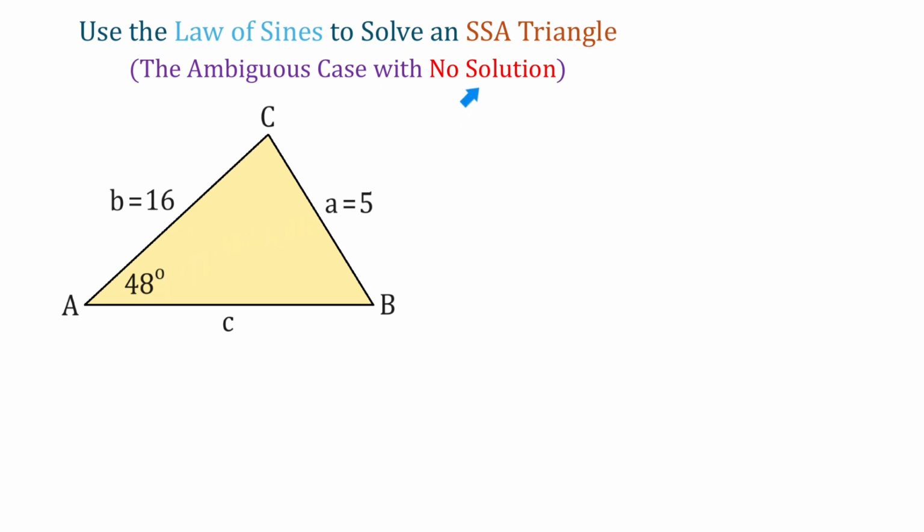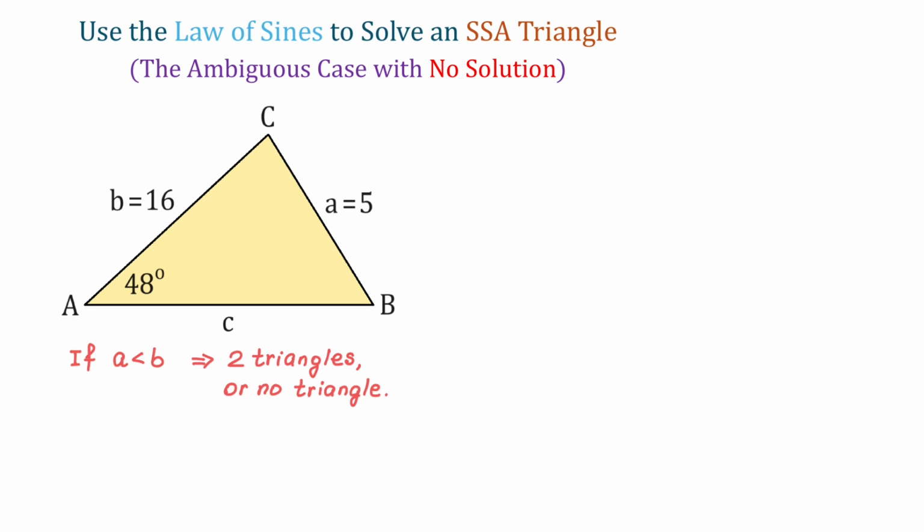So this is the side-side-angle case, which is also called the ambiguous case because the given information can result in one triangle, two triangles, or no triangle at all. First we need to know that if the side opposite of the given angle is less than the other side, then we will either have two triangles or no triangle at all. So again, in this case, if a is less than b, then we may end up with two triangles or